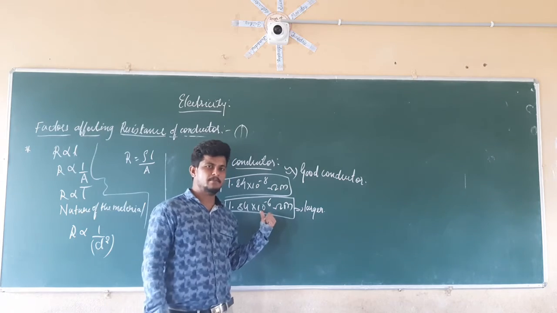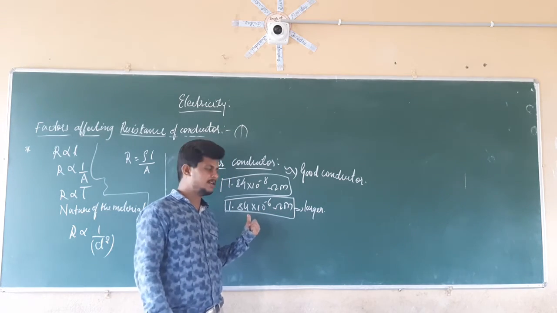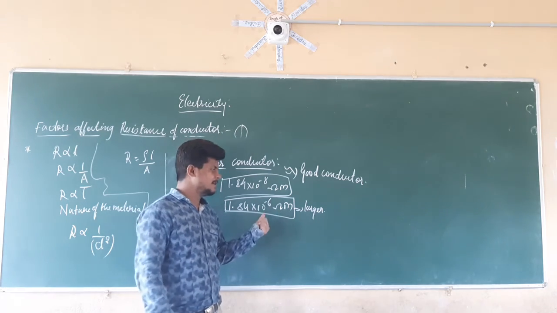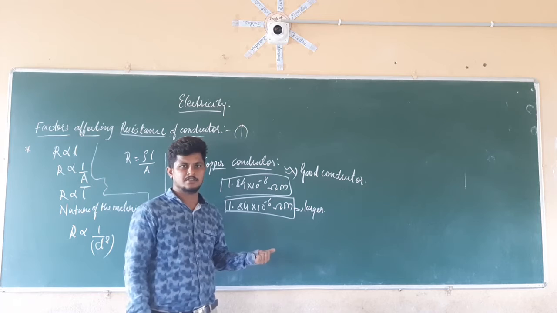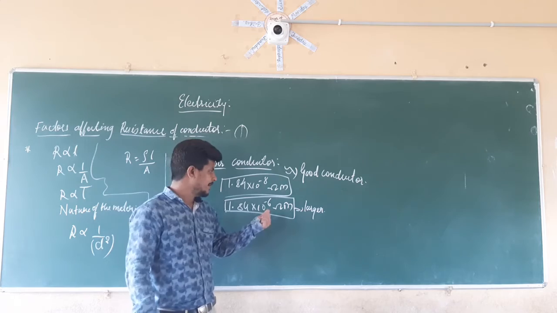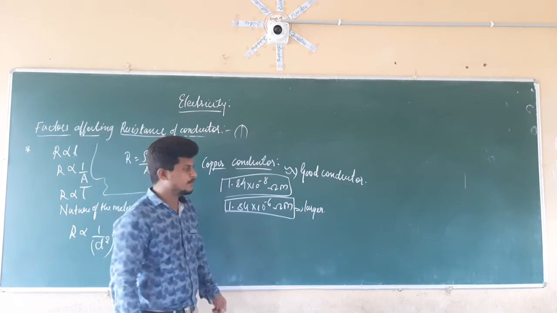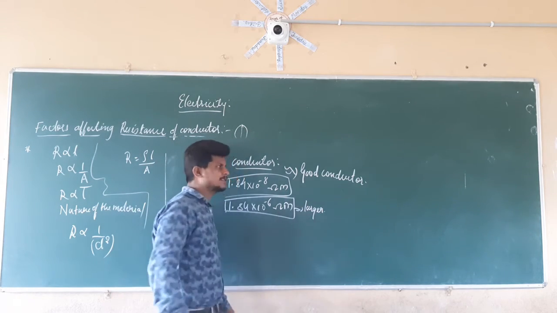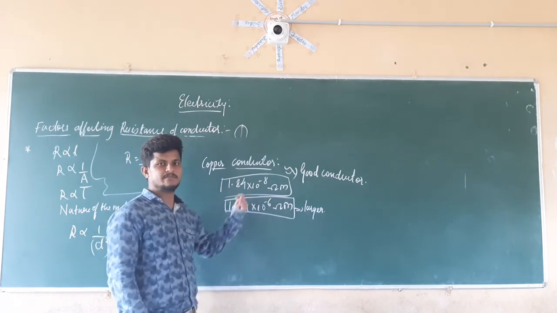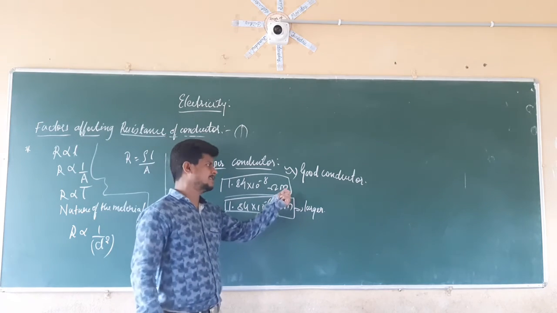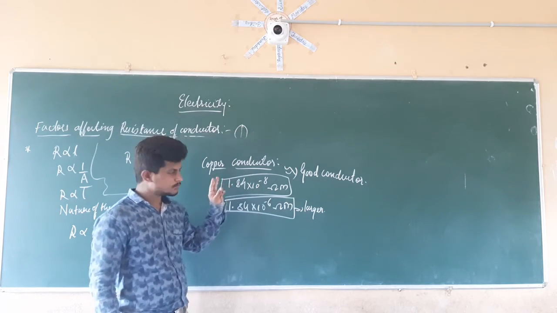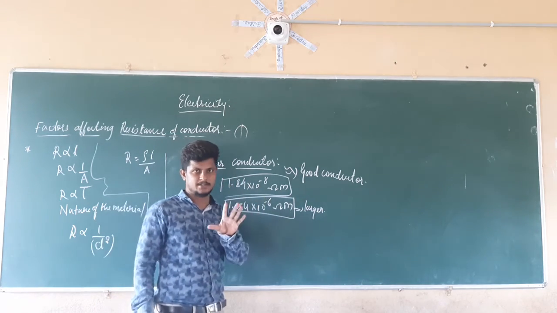The resistivity of that wire, 1.84 × 10^-6 ohm meter, is high. That means it is going to oppose more of the current, giving more resistance to the current. If it gives more resistance, which wire are you going to use? You are going to use the copper wire, since copper has less resistance or less resistivity. By using these values, we can say which is a bad conductor and which is a good conductor, by comparing both the values. So this is about the resistivity.